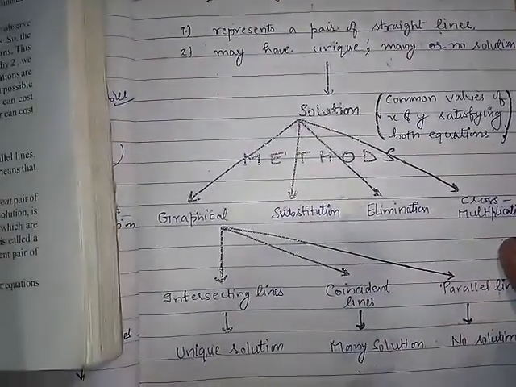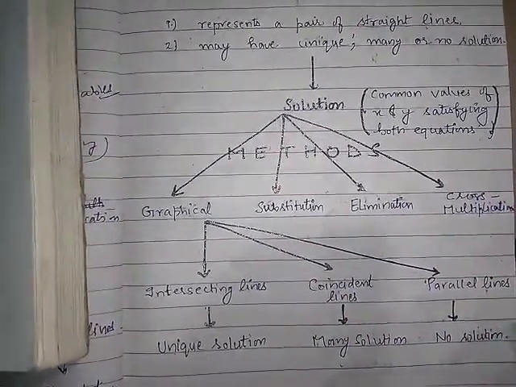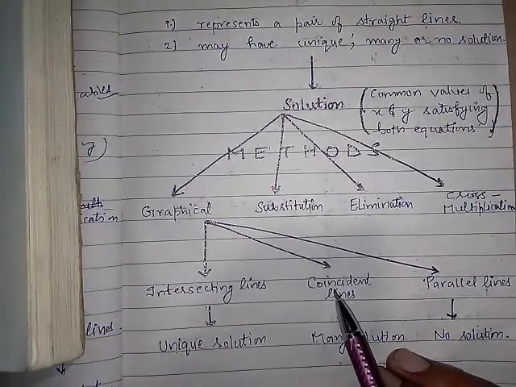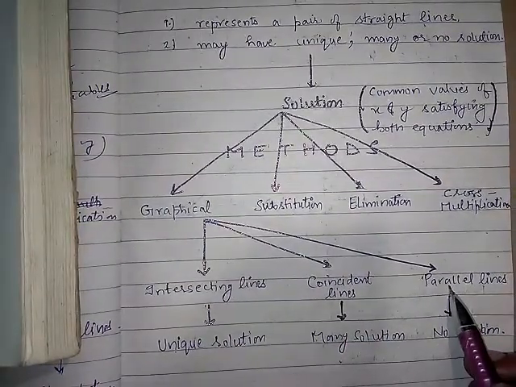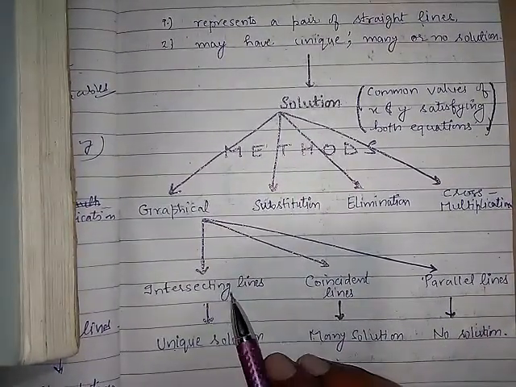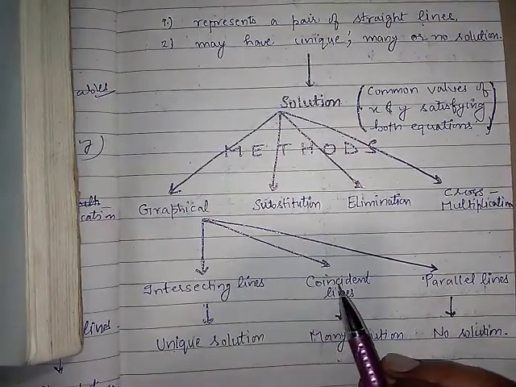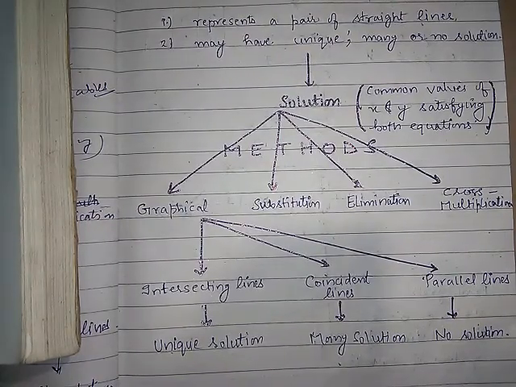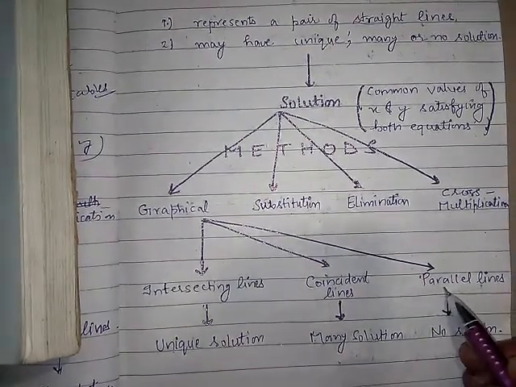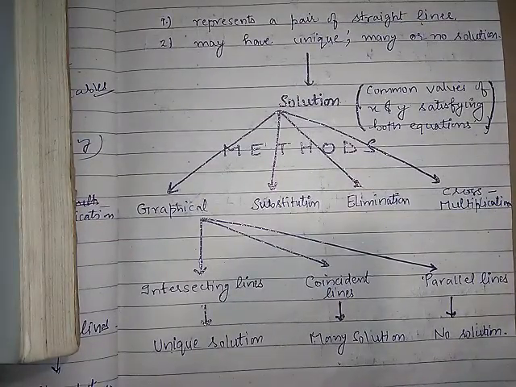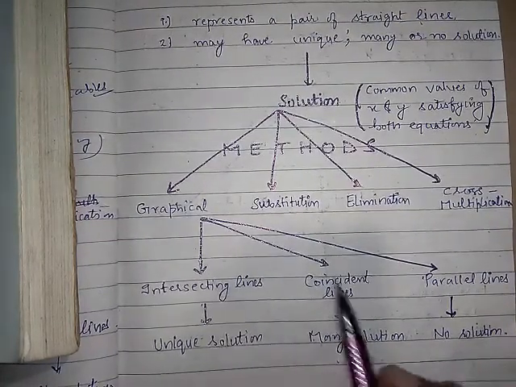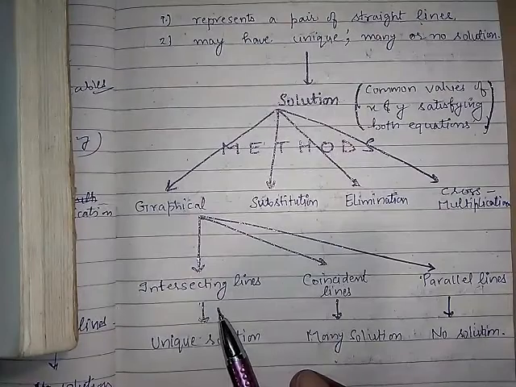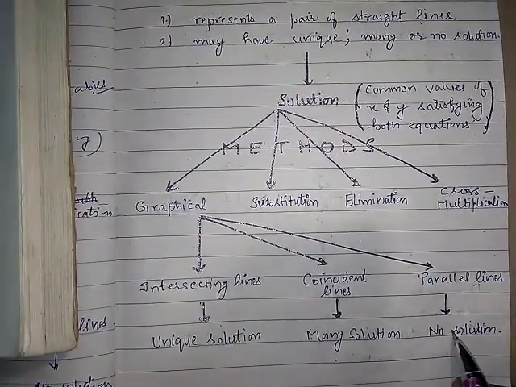When you draw the graph of two straight lines on the graph paper, then you will come to know that either the lines will be intersecting each other, or they may be coincident lines, or they may be parallel lines, right? Intersecting lines, you know, are crossing each other. Second one is coincident, meaning one upon the other, or you can say overlapping lines, right? Then the third one is parallel lines. All of you are aware of parallel lines. Clear? So in three cases, on the basis of these three graphs, we can have the knowledge that it may have a unique solution, many solutions, or no solution, right?